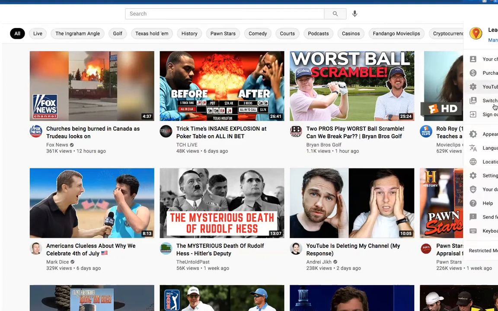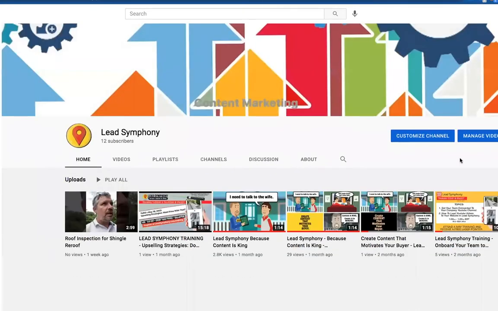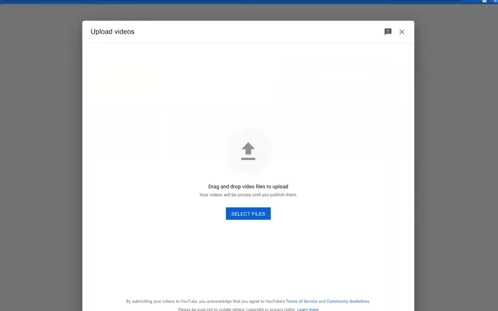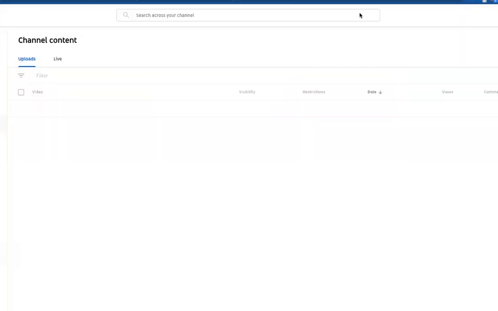So YouTube is, like I said, probably the easiest thing to knock out real quick. When you're uploading a video to YouTube, it's as simple as clicking this icon up here at the top right, where you see the plus, video, upload video. You drag your video on top here, and then click go, and YouTube does the rest. When you're done with the upload,